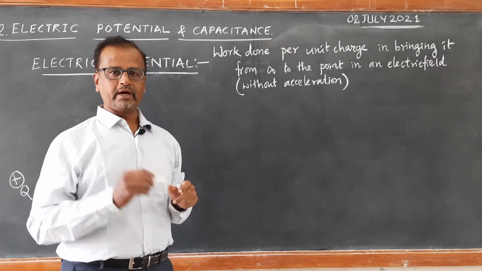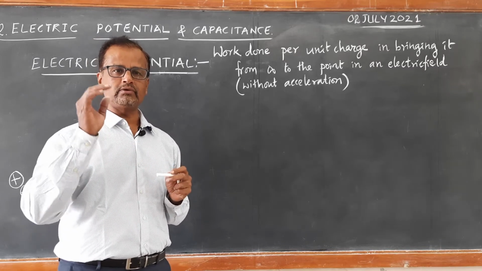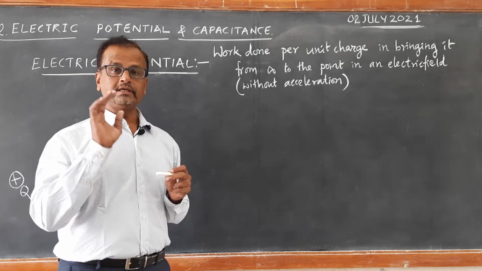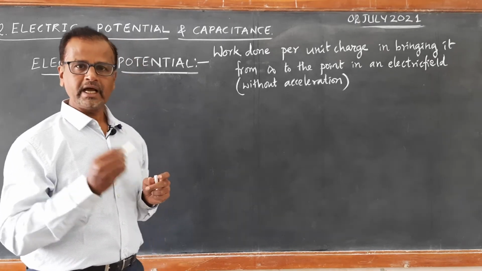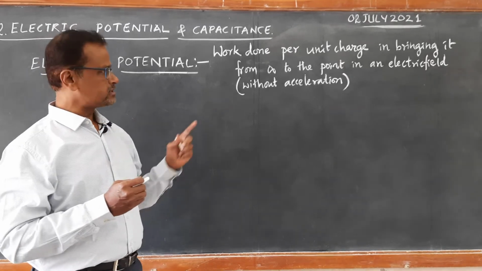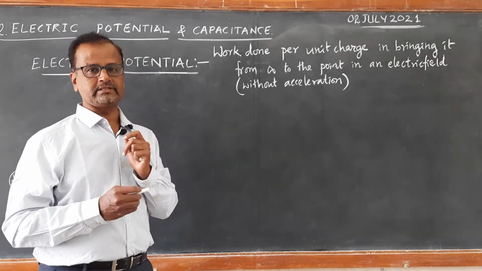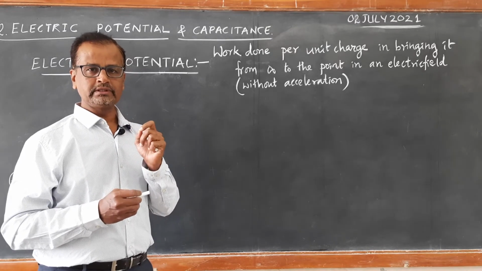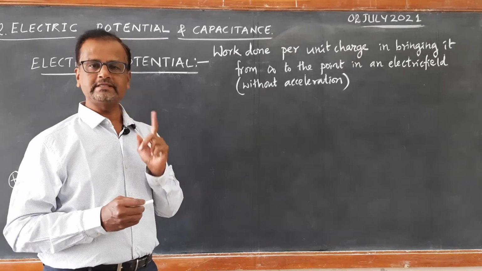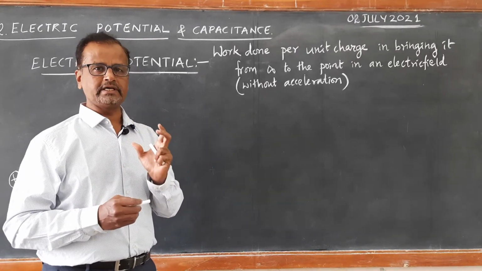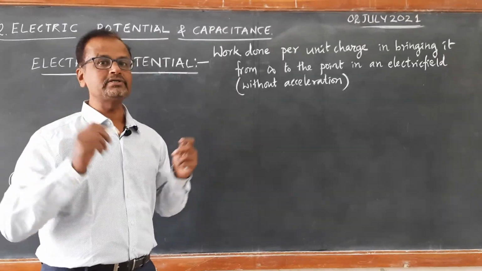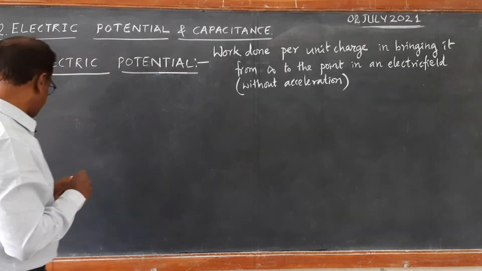Right? Means we have to exert that amount of force in order to do the work which is exactly equal and opposite to the repulsive force, as we have done for calculating potential energy. In the case of potential energy, we took a test charge of certain amount q naught. Here we are taking unit charge of magnitude 1, that is the difference. So, work done per unit charge, if we calculate, that itself gives you potential instead of potential energy. Let us calculate.